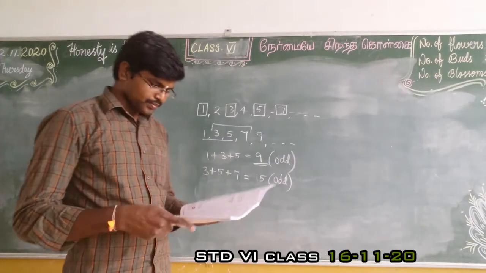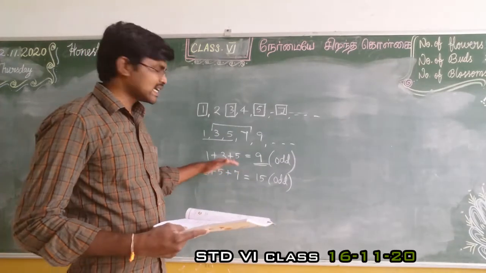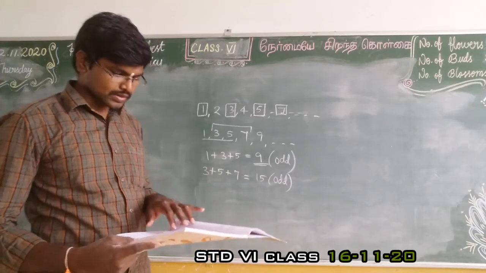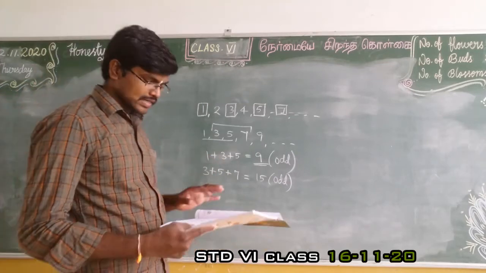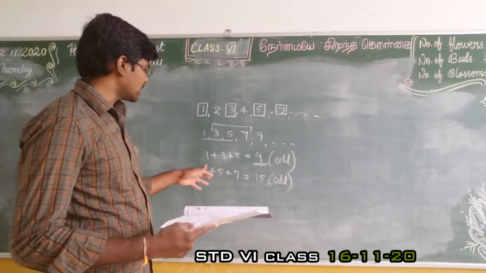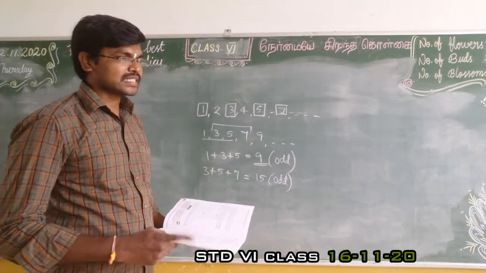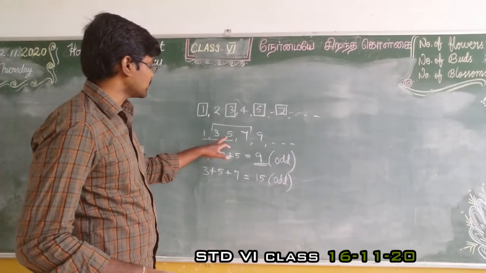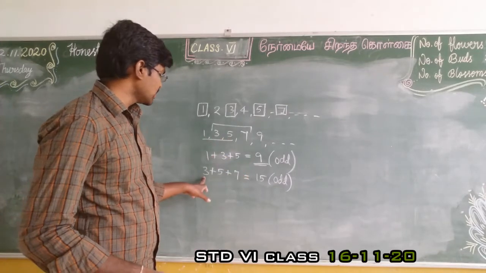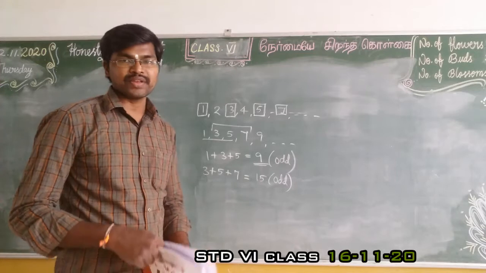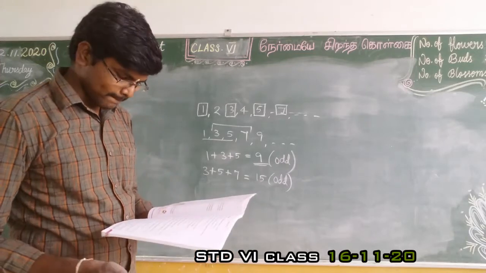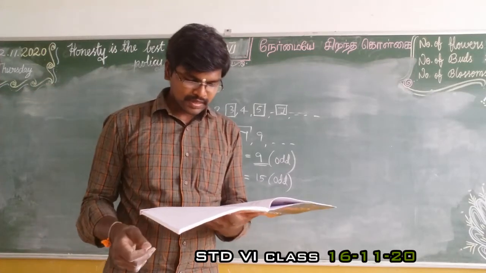Okay, so I think the given statement is correct. So we can write the answer. It is a correct statement, and the example is the summation of three odd natural numbers: 1, 3, 5, answer is 9; 3, 5, 7, answer is 15. Okay, fine. So next question number 6.